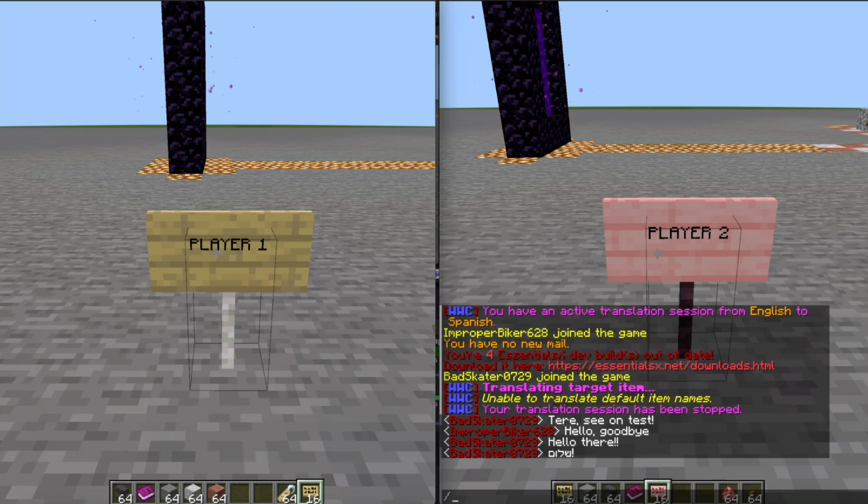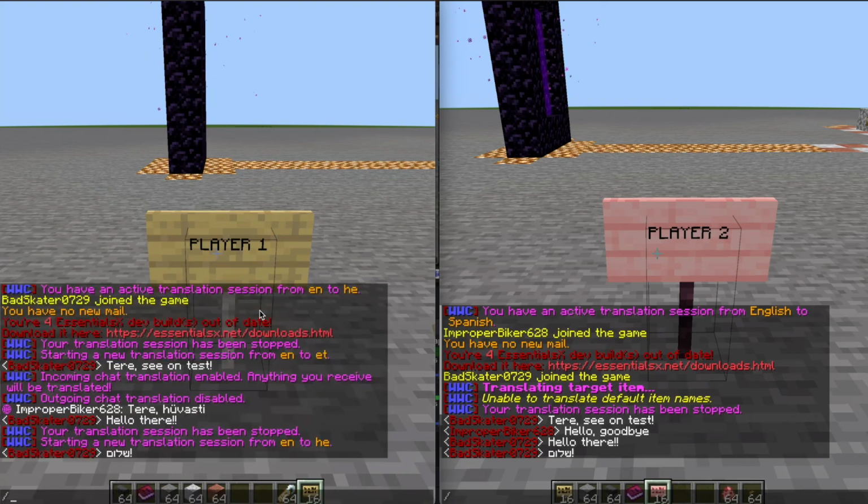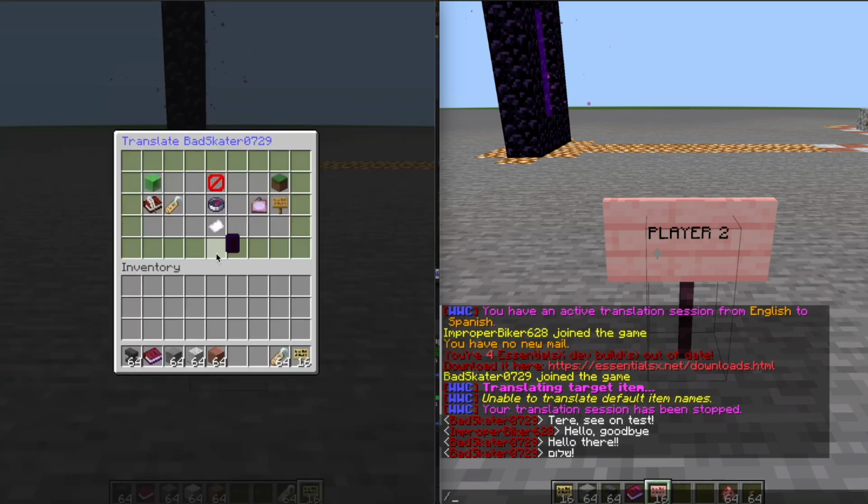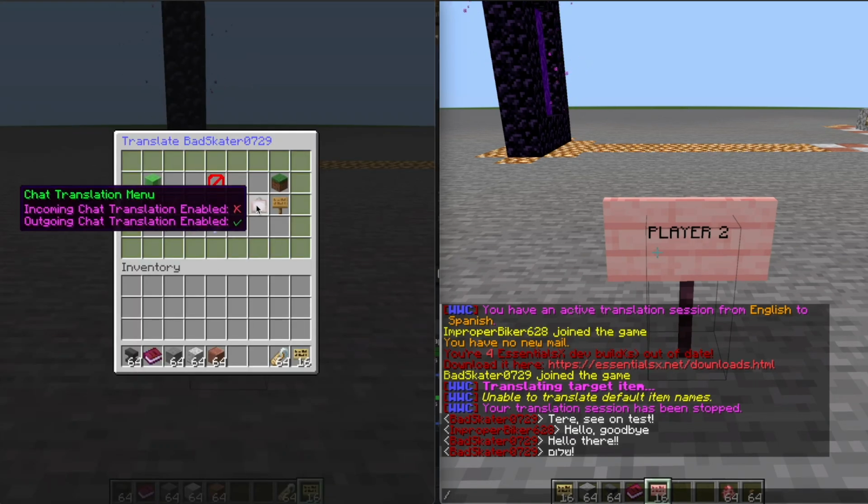So besides translating outgoing messages, which is the default behavior, you can also translate incoming messages, meaning that if somebody says something to you in English, you'll see it in Hebrew on your end. Nobody else will see it in Hebrew. This can be done very easily. So if you type /translate and you click on this little painting right here,